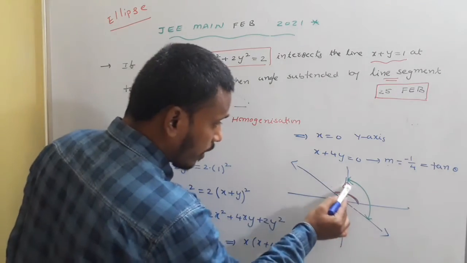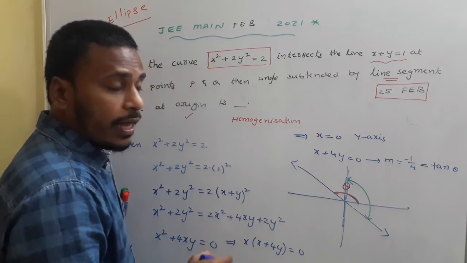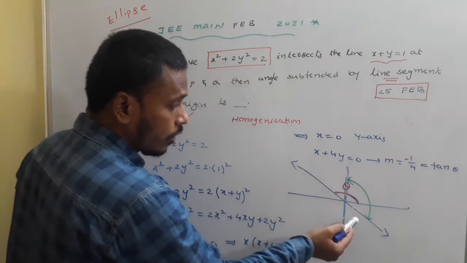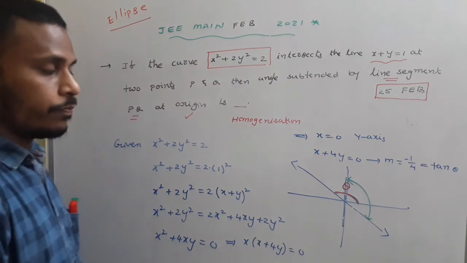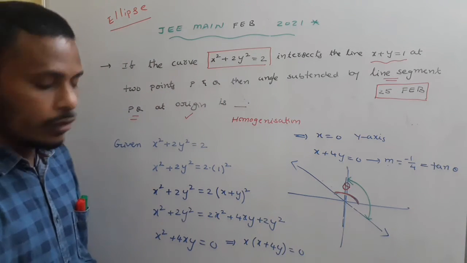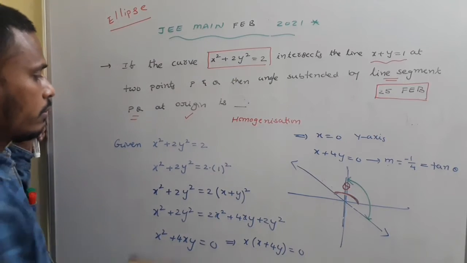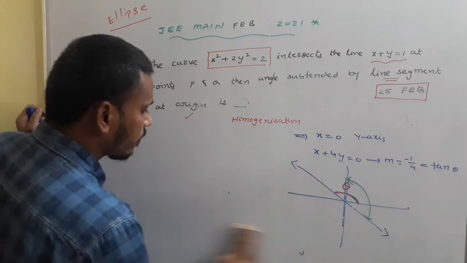So this red color part is theta. We need to find out the angle between this y axis and this line. So this line is this and the y-axis is this. So we need to find this green color angle now. Okay. So how to calculate that green color angle? So I am erasing this for the space.